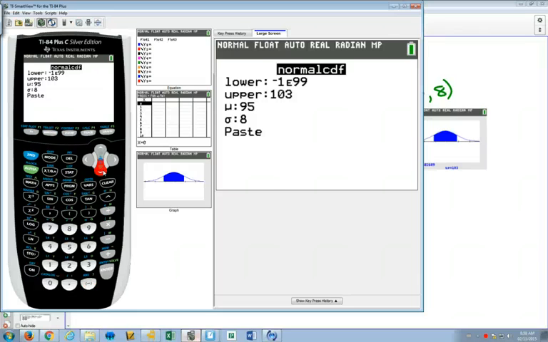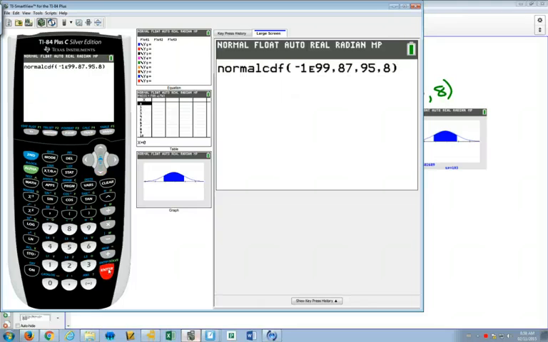Now our upper bound, since we're going from negative infinity, we're going all the way up to 87. Our mean and our standard deviation are still the same. And we're going to paste it in here. We're going to get that percentage. Now if we had to guess,